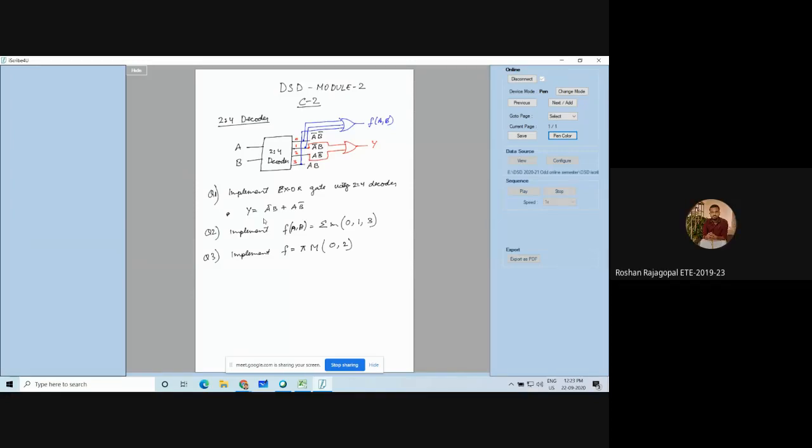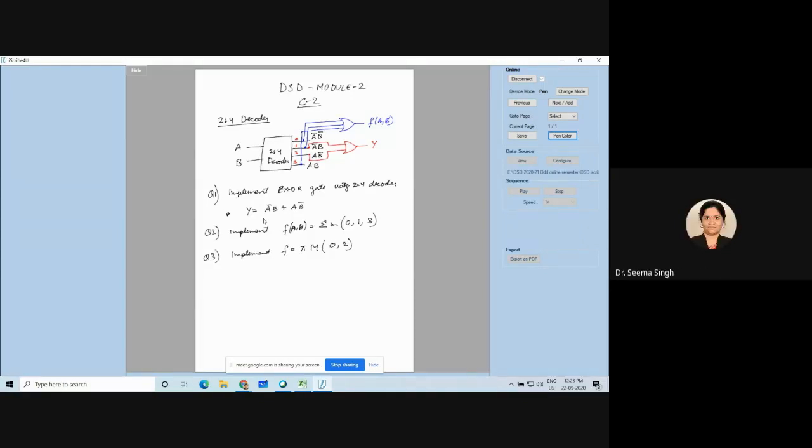Ma'am, take 0, 2 and connect it to an AND gate. You will connect to an AND gate. Okay. Yes, ma'am. Because maxterm, we connected to an AND gate. So what do you get? The product of this. Product means you will get, ma'am, the product of the sum. Achha, if you connect it to AND.